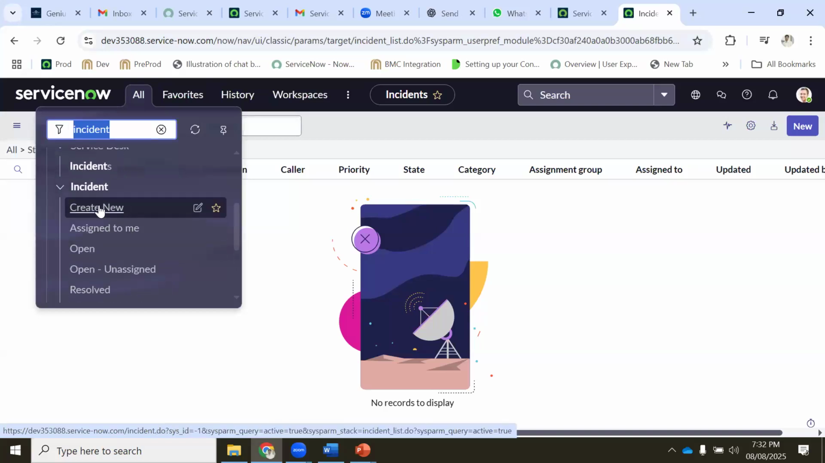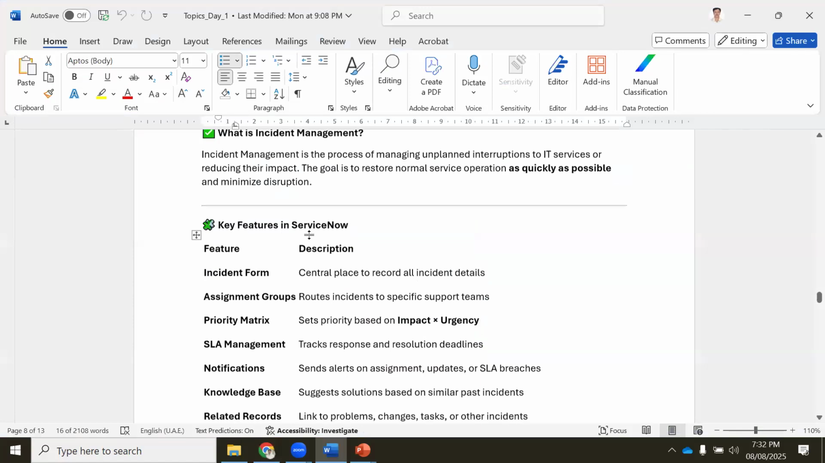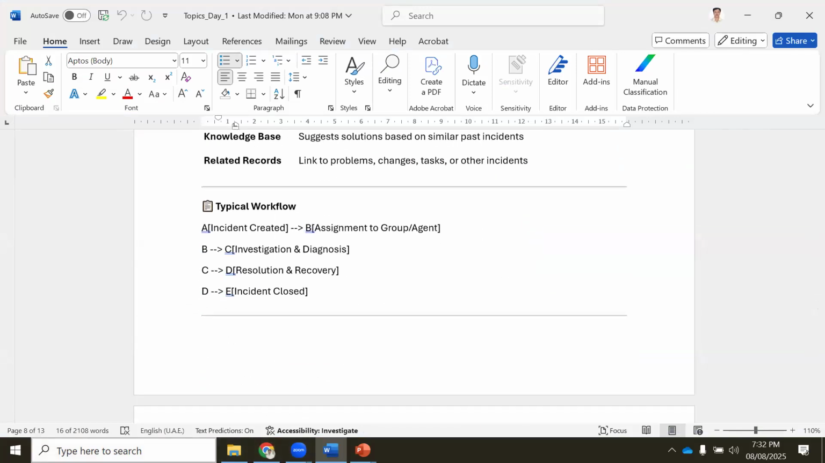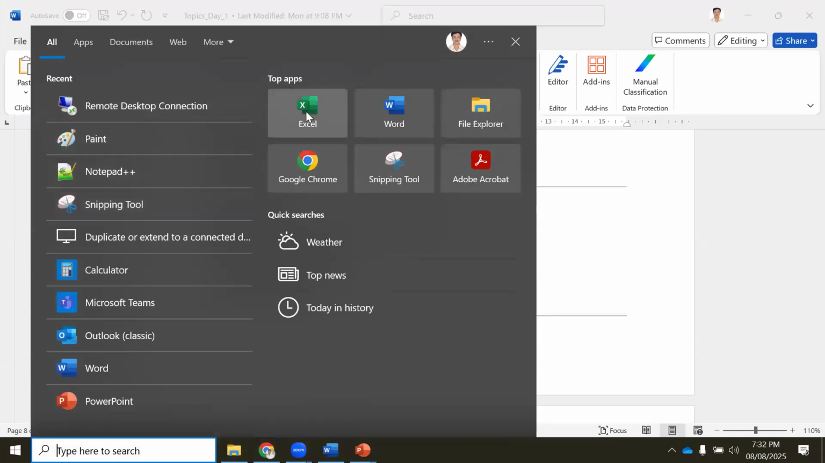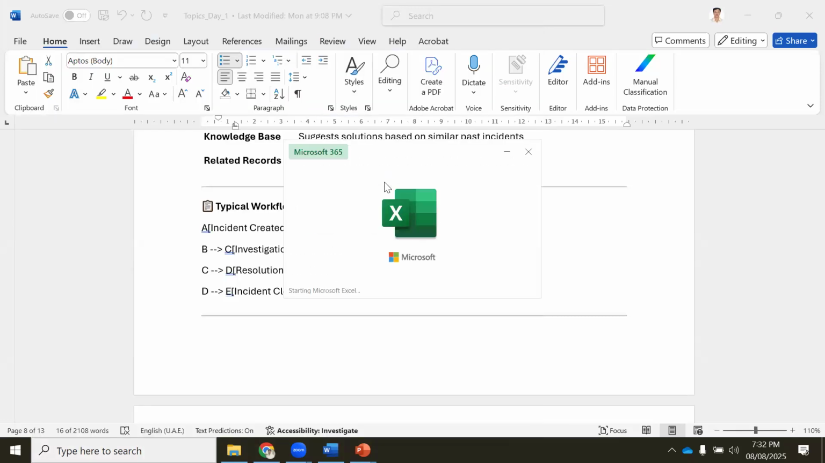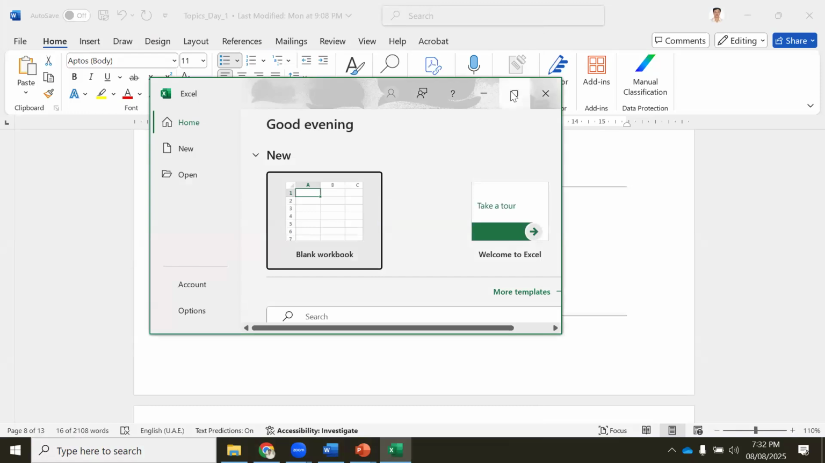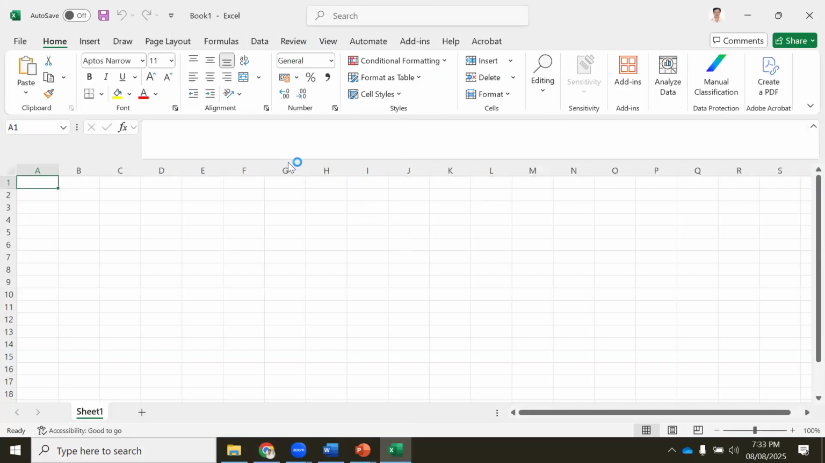Correct. So now let's get into how an incident can be created. Who will create an incident, correct? So let's get into that, correct? So at any organization, so let me drop Excel for you guys. So in ServiceNow,